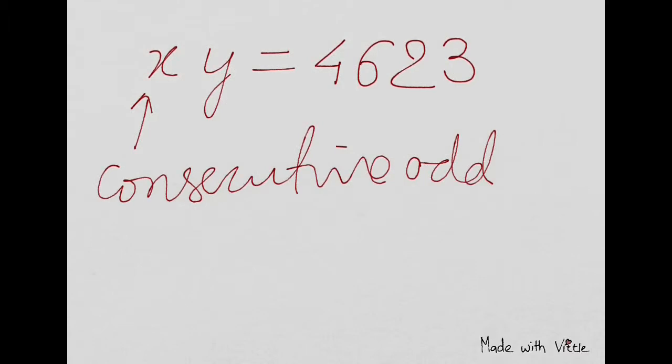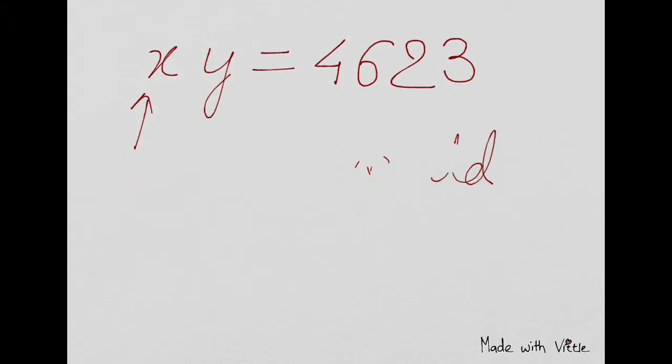So now think how you will try to solve it. Basically, a lot of people who don't know the funda or the concept will try to find all its factors and then try to balance and get the consecutive odd numbers. Whatever, it's a long process. So how are we going to do it? Let's see. As all of you must know how to find exact roots, square roots, we just need to find the square root.